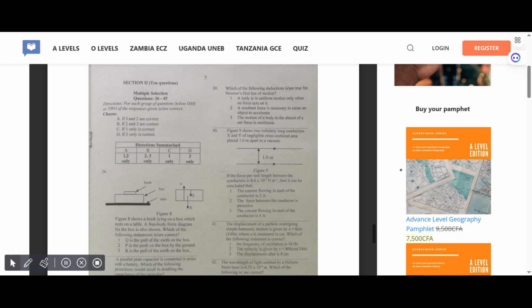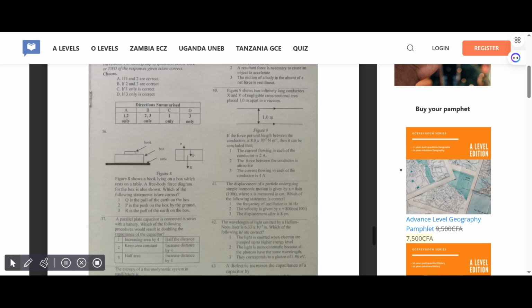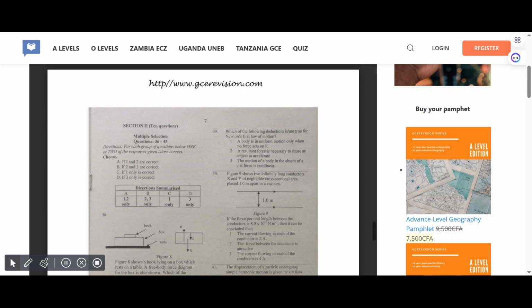So here we have 10 questions that we need to answer, and without wasting time, I'm going to just give you the answers. You can read them after and see how we came about the answer. So I'm going to just read everything for you. For 36 to 45, you can be looking at them and revise them in your spare time. For 36, the answer is C. For 37, the answer is C. For 38, the answer is